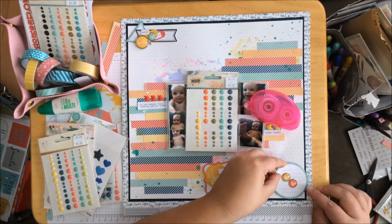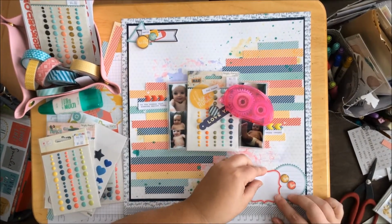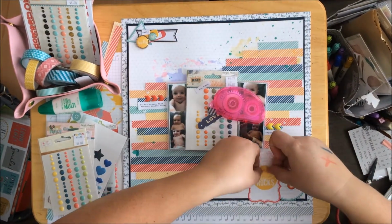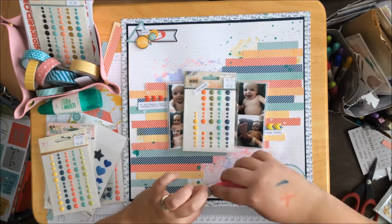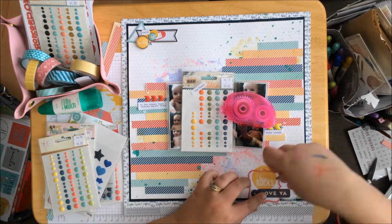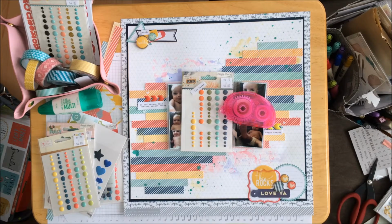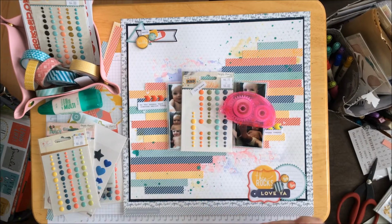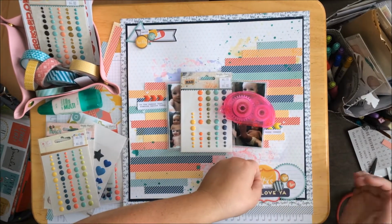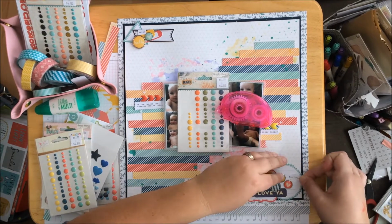Now that I think my clusters are totally done, I'm just going to glue them all down, pop them into place. So they're overlapping the main mat, that navy blue, but they're not going outside of the entire layout, so I'm not going to be cutting anything off. I'm just pop dotting the Love Ya,